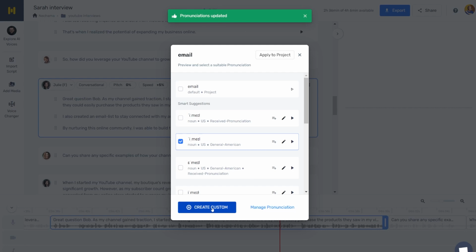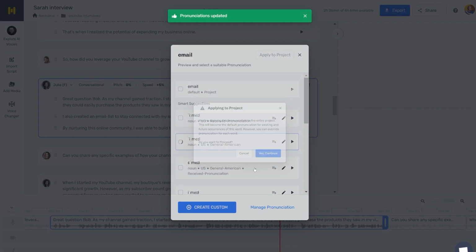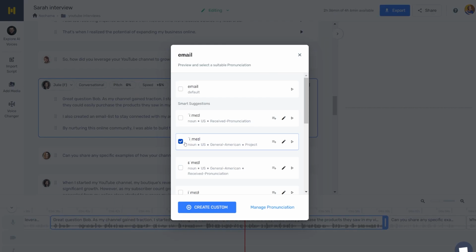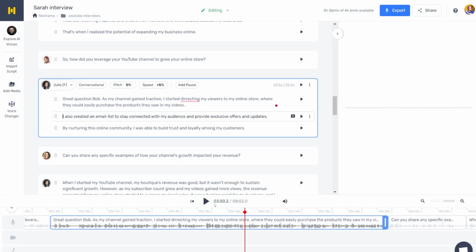So let's apply to all project and close that. And now it's supposed to be okay. Let's hear that. I changed it. Yeah, it is here. So, okay, there is nothing I can do. You always need to